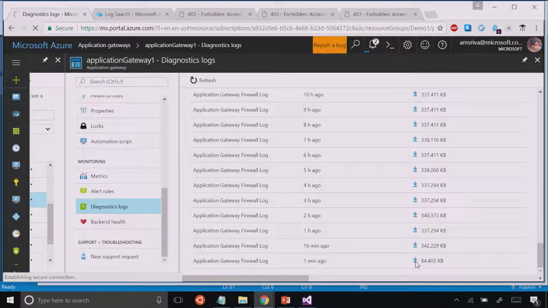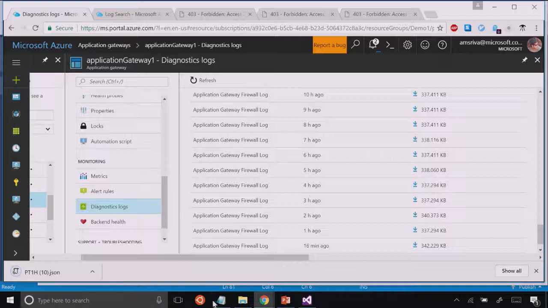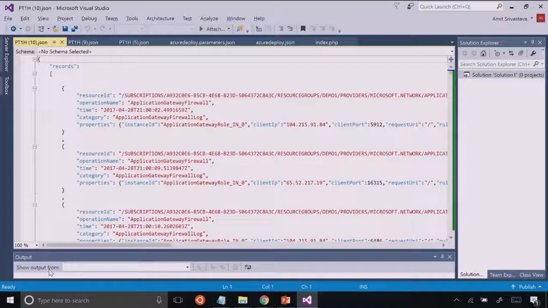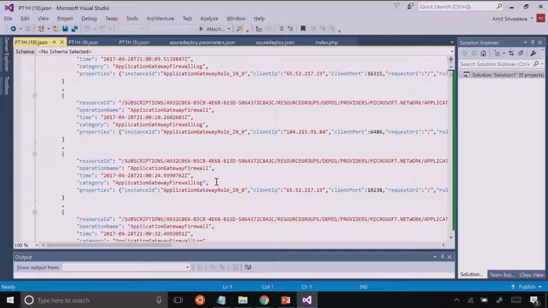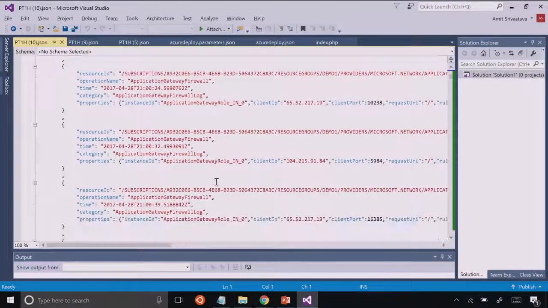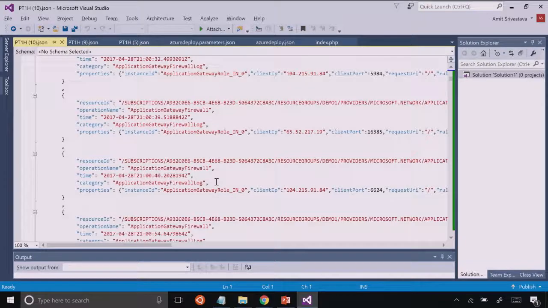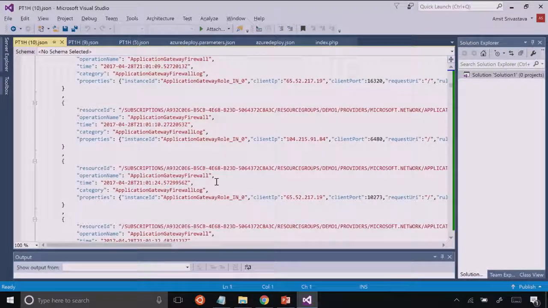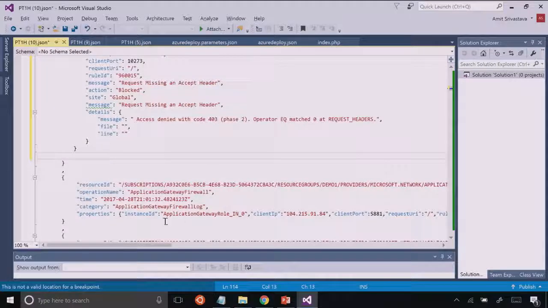I could download these and look for vulnerabilities. So you can see that it is logging each and every vulnerability it has found in this interval, and this is formatted in a simple JSON format. The key things to notice over here is that